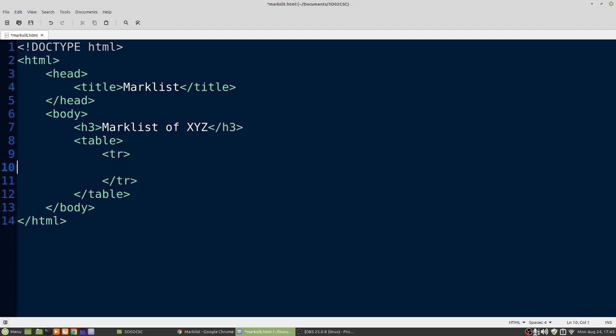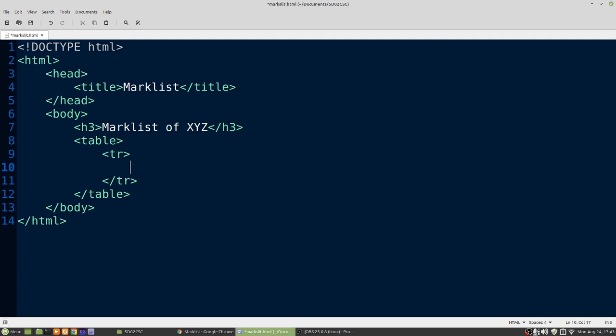Within each row we will have different columns. The columns can be specified using one of two tags, either td or th. Th is used for heading rows and td is used for the other rows.